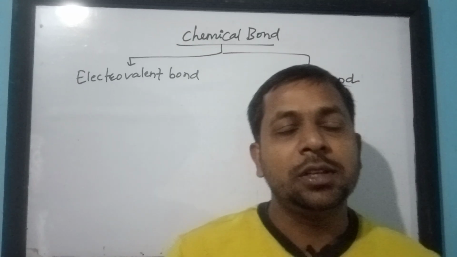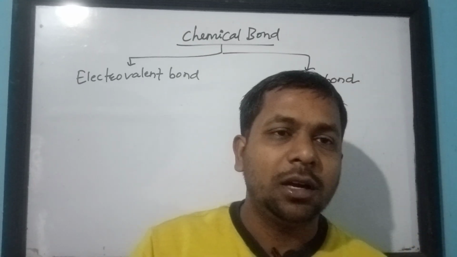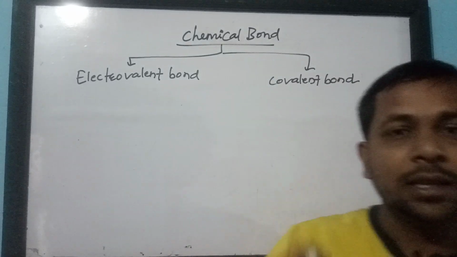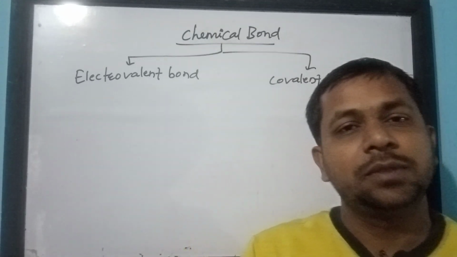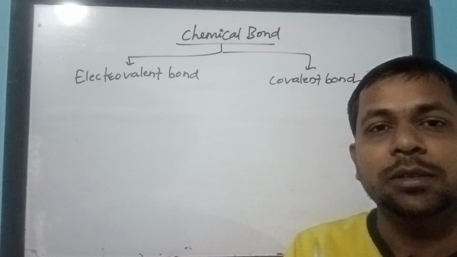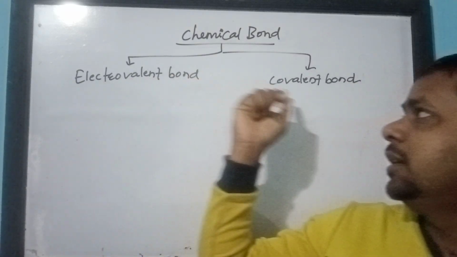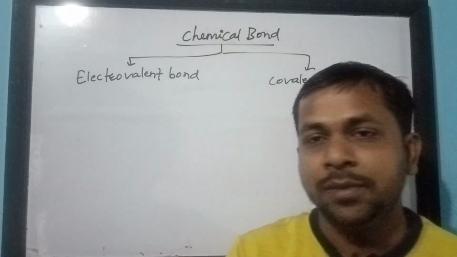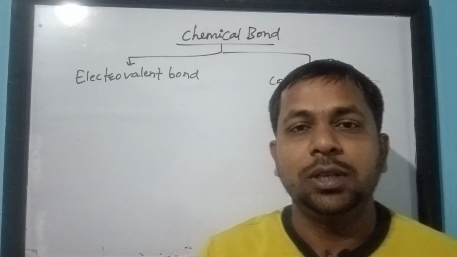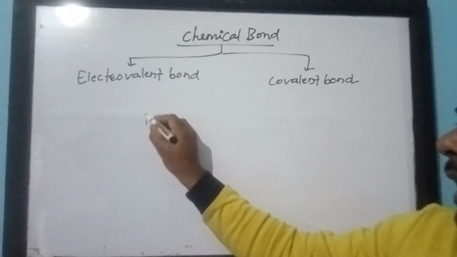Today we are going to develop the concept of chemical bond. Actually there are different types of chemical bond, but here we are only going to develop the concept regarding electrovalent bond and covalent bond. Let us see some molecules like NaCl,